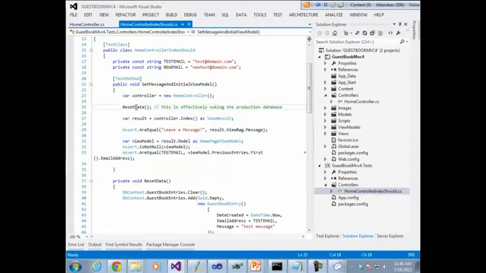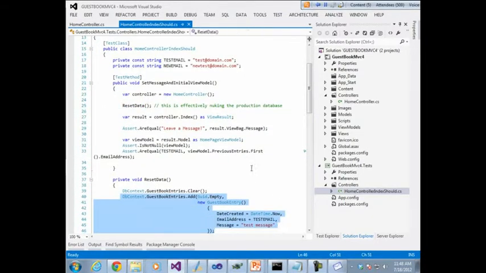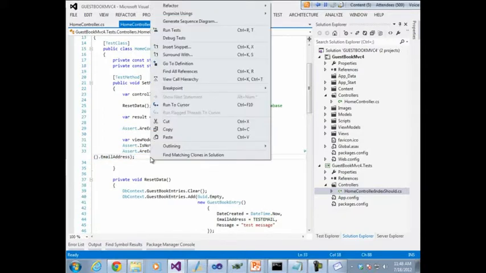Basically, it's going to reset my entire database, which if this were in production would nuke the entire production database. And then it resets it with some test data here. And then I'm going to verify, when I call this, that I do in fact have this test email that I'm inserting down here showing up in my resulting output. So if I run this test,